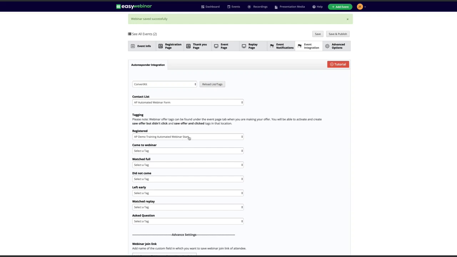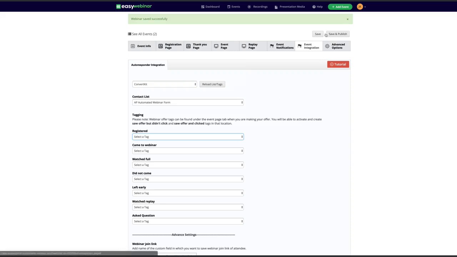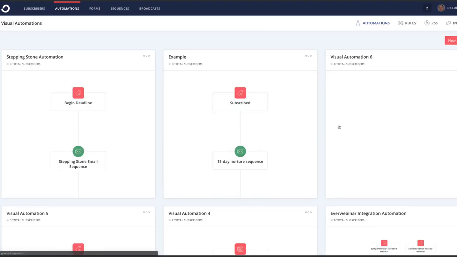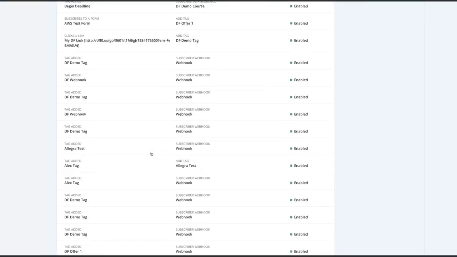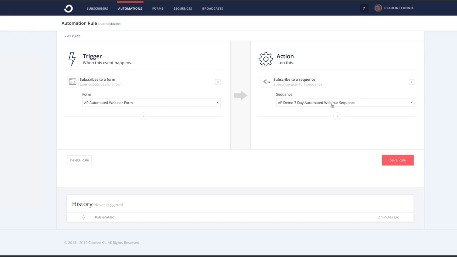Okay, now I want to show you there is an alternate way to do this. So if we remove that, what you could do is take a look at automations. If we look at the rule that we created, when someone subscribes to this form, they are added to this sequence. What we also could do is add a rule